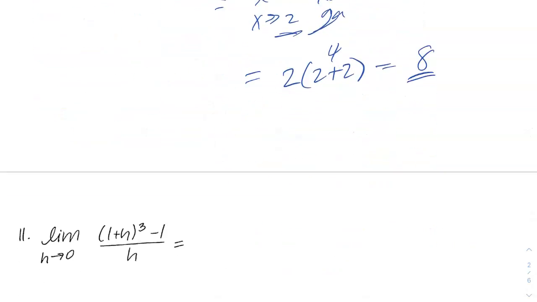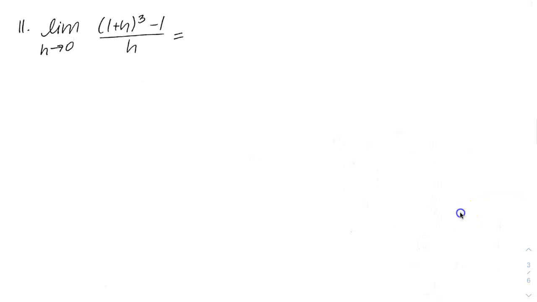Next one. A little bit of a change this time. So on this one, same thing. If you plug in 0 first, you're going to get 1 cubed minus 1, which is 0 over 0. So 0 over 0 is indeterminate. Now in this one, we can't really factor. So what we're going to do is we're going to expand this